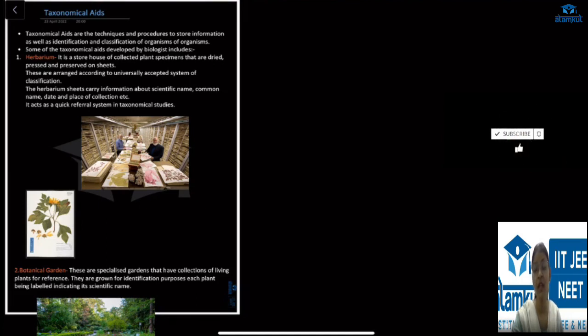In the previous classes, we have studied about taxonomy, classification, nomenclature, and the rules of nomenclature. Now, today we will study about these taxonomical aids. Okay, so what are these taxonomical aids? Taxonomical aids basically are